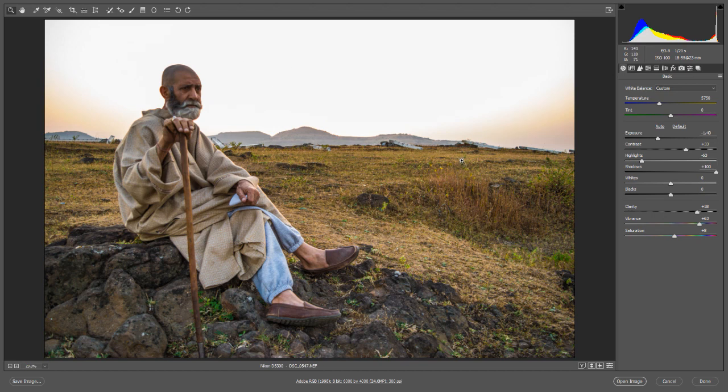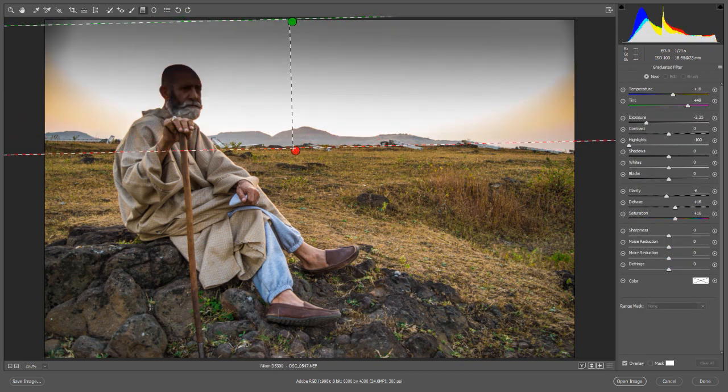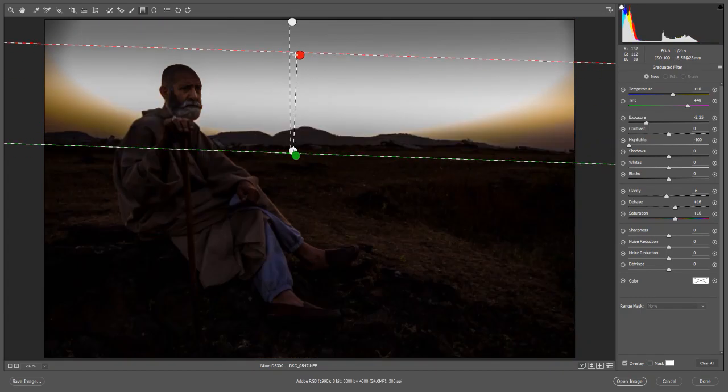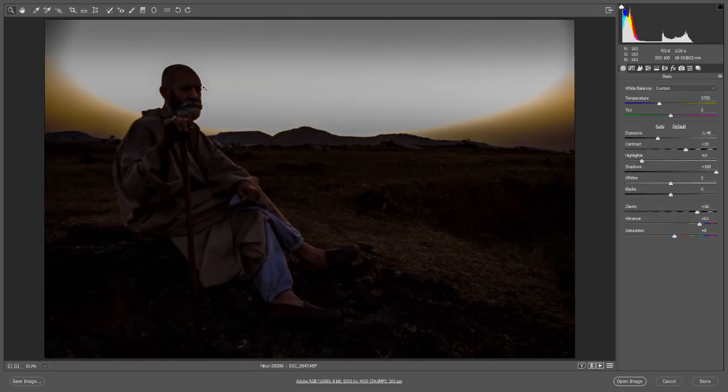So that is something where you need to transform your image. That is something where Photoshop does a great job, and camera raw filter may not be able to do a very good job. So camera raw filter is usually used where you need to work on the image as a whole, right? There are some options, like for example, you can use graduated filter which only affects the top part, but you can see in this case it will not be easy to use that because,